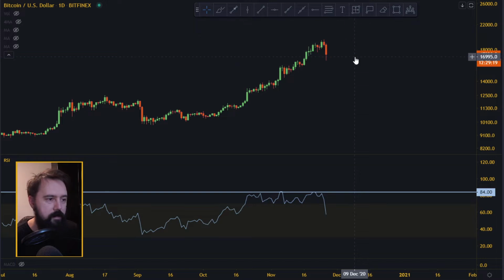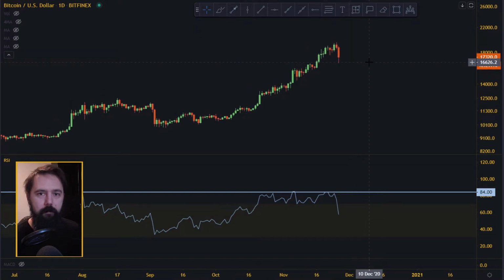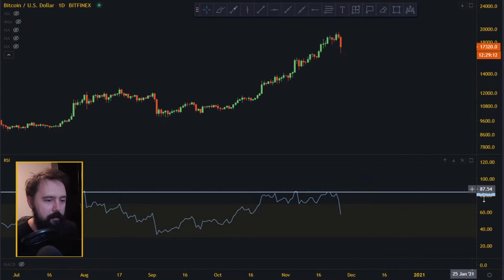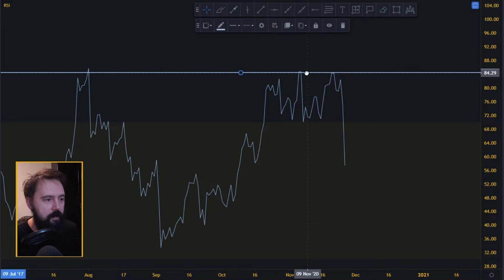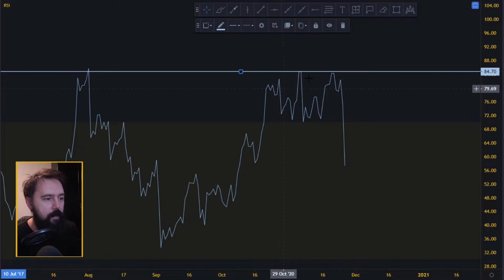Now let's remove this line over here, because that's something else I was working on that you don't have to think about that much. But right now you can see here the RSI was hitting this line over here, around 84, 85, and it went down to 82, back up to 84, and all the way down here. But it had some support between like 70 and 72. So in this area, every time it came down, it went up.